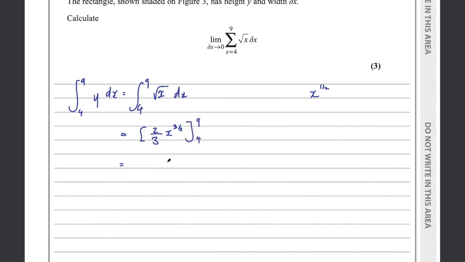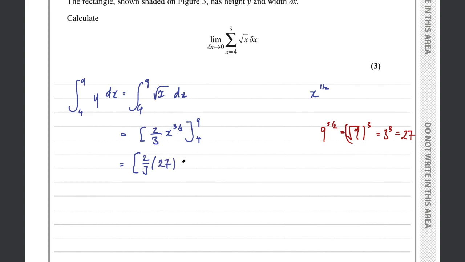So plugging 9 in, we would have 2 on 3, 9 to the power of 3 on 2. That's like the square root of 9 to the power of 3. Actually, I'll just make a note to the side where I'm doing 9 to the power of 3 on 2. This is like the square root of 3 cubed. Sorry, the square root of 9 cubed, not the square root of 3. Square root of 9 cubed, which is 3 cubed, which is 27. Okay, so plugging that in then,